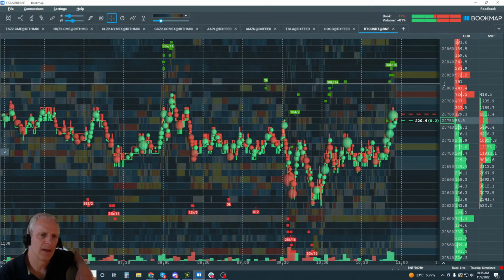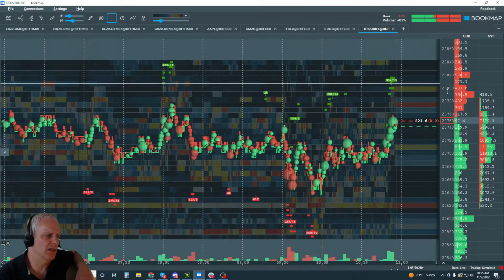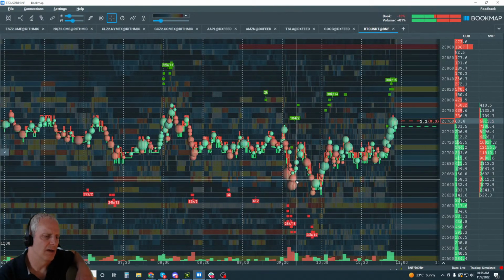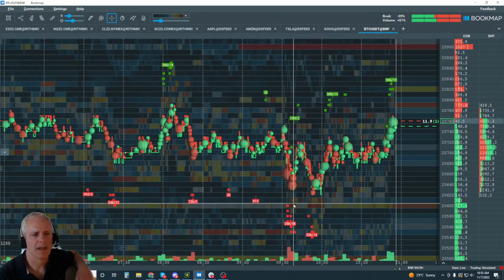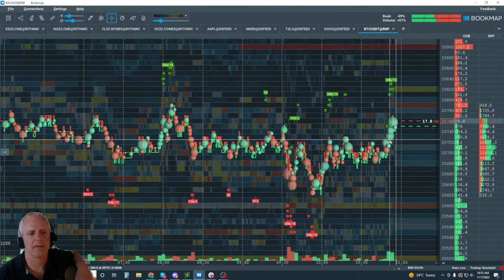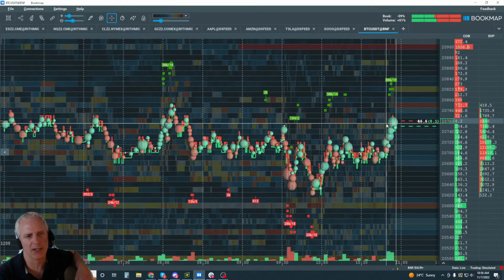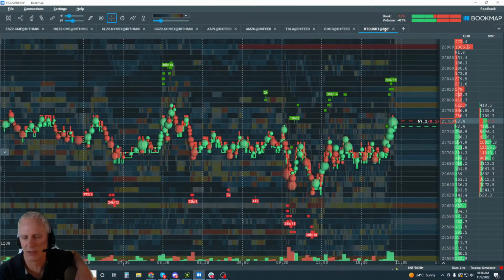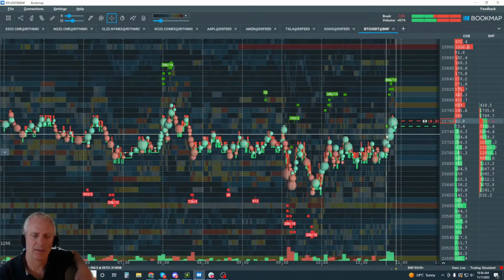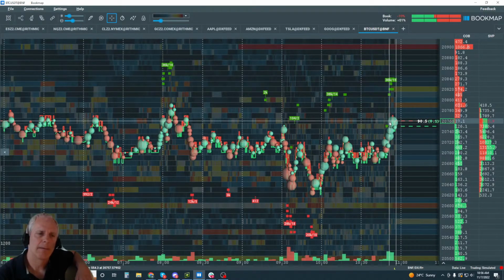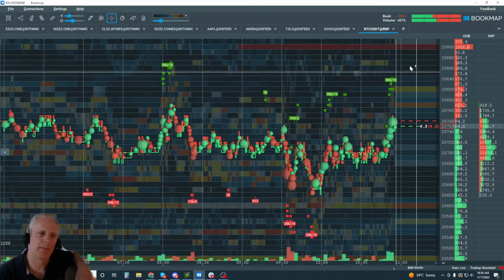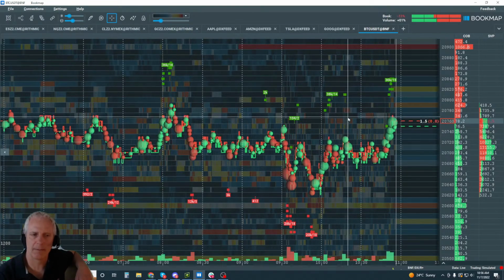But you can look at these areas, and it's like stops and icebergs, but even worse. It's people who are over-leveraged, and the exchange, Binance Futures, is closing their position because they're getting a margin call. They do not have the margin to continue to trade. This is very much akin to stops,